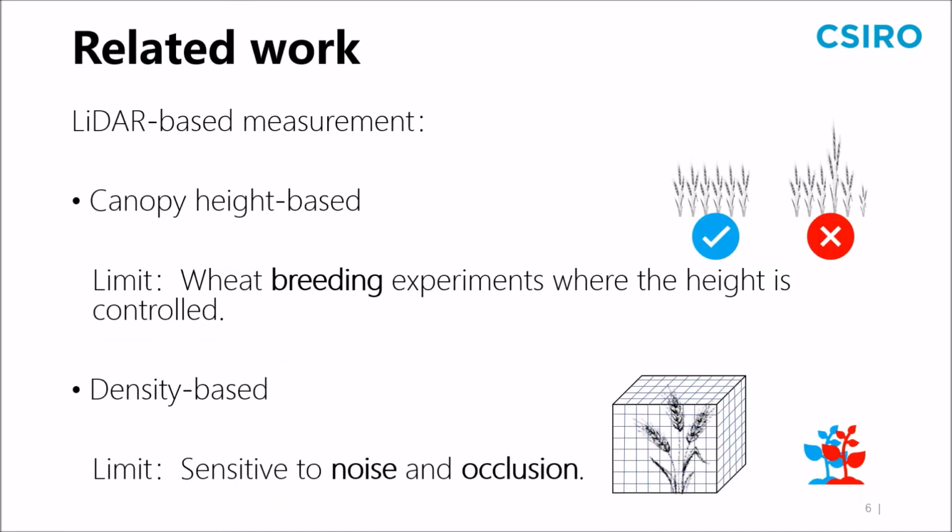Existing LiDAR-based biomass estimation methods can be categorized into two streams: canopy height-based and point density-based approaches. Height-based approaches use canopy height as a proxy. However, variations in crop height are limited in wheat breeding experiments. Density-based approaches utilize the 3D nature of point clouds, as the density of the point clouds is shown to be correlated strongly with biomass. However, these methods are sensitive to noise, and their accuracy varies due to the different growing